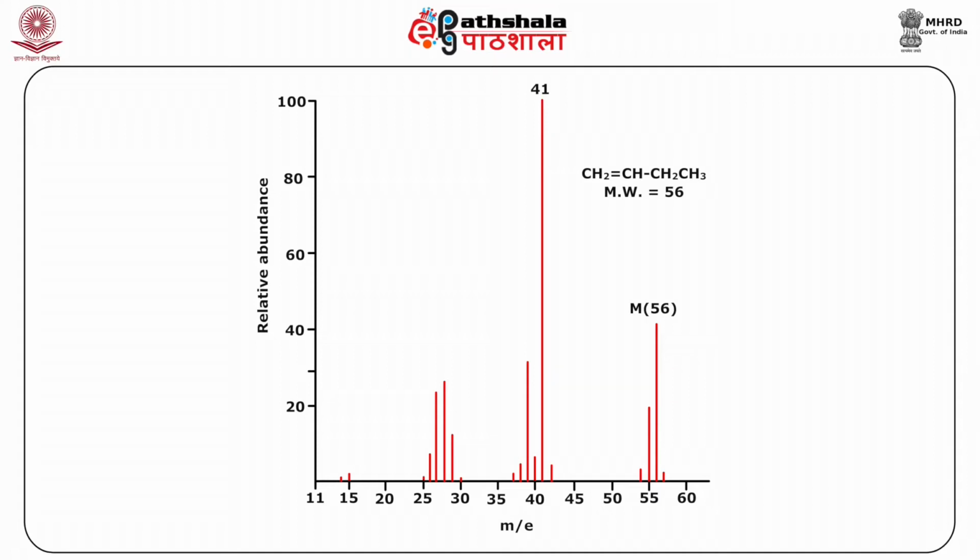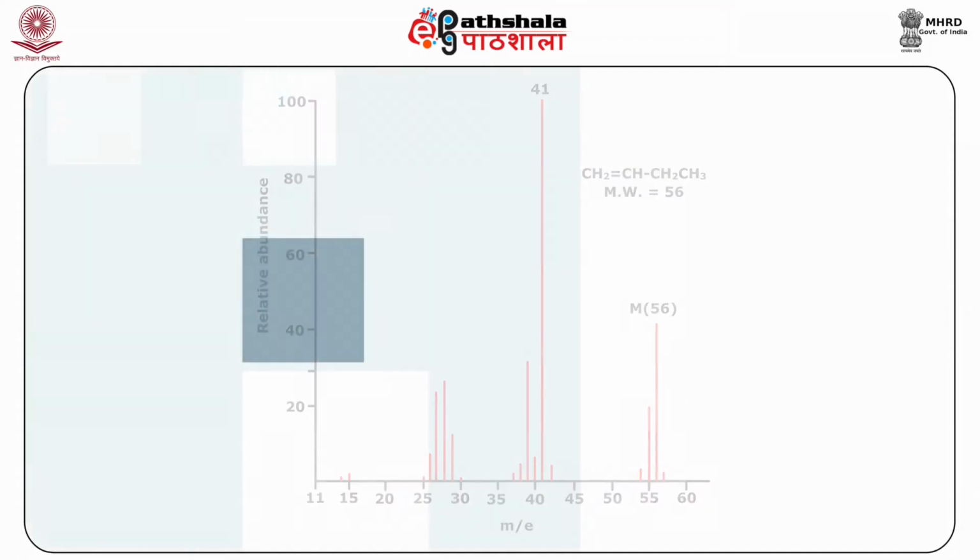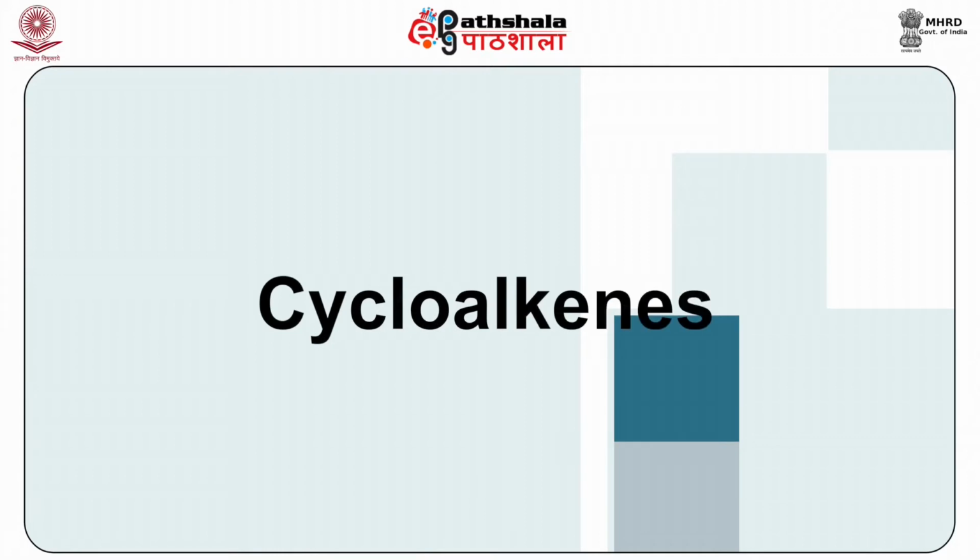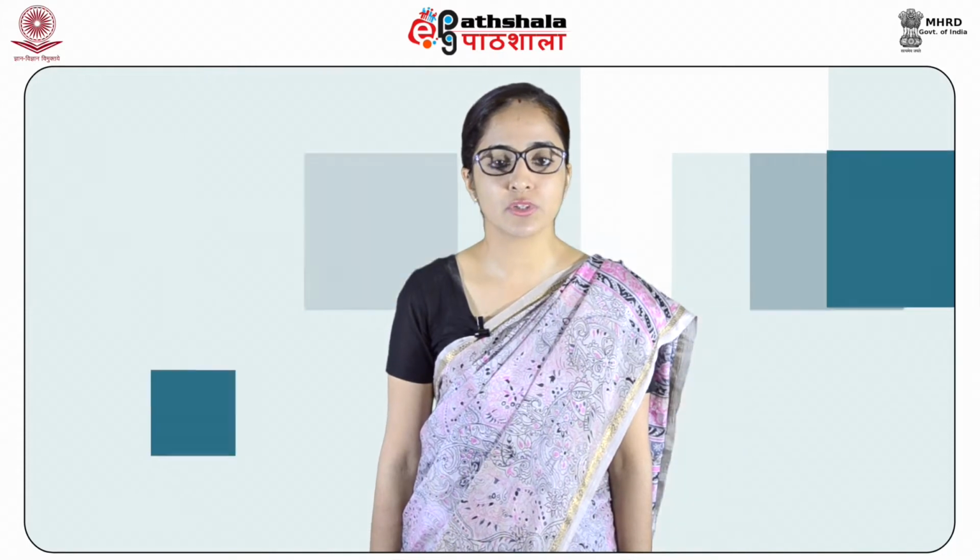Now for an example here, we have taken the mass spectrum of butene. Now you can see the distinct molecular ion peak at 56 followed by its fragmentation peak. Now let us talk about cycloalkenes, that is cyclic alkenes. The mass spectra of cycloalkenes show quite distinct molecular ion peaks. For many cycloalkenes, migration of double bonds gives virtually identical spectra. Cycloalkenes do have a characteristic fragmentation pattern that corresponds to the retro-Diels-Alder reaction, as we have talked of many times in the previous module when we were discussing the different types of fragmentation generally in various functional groups.